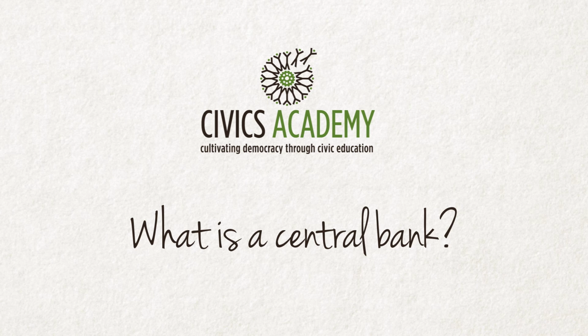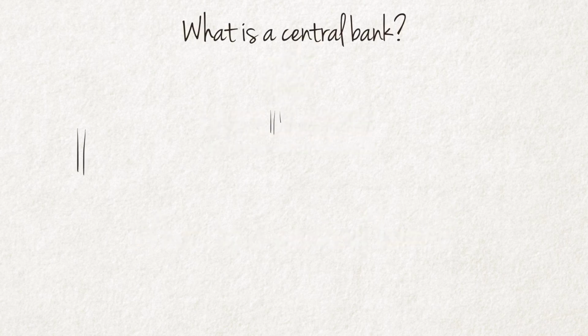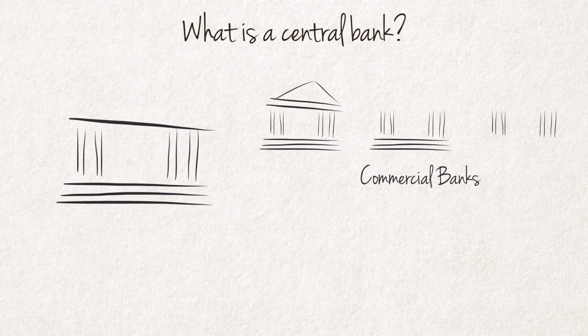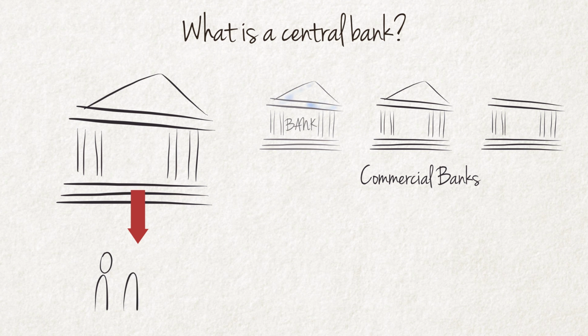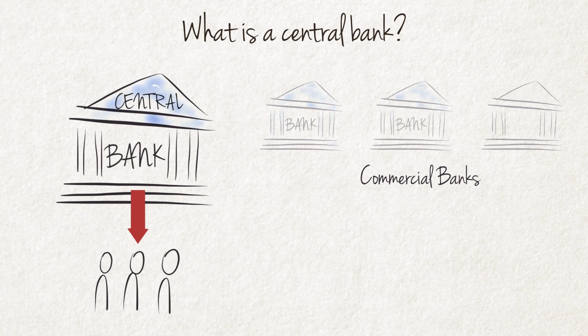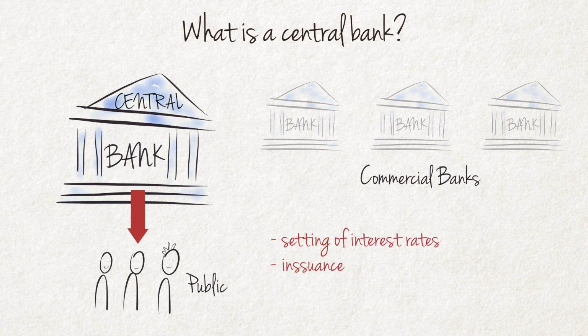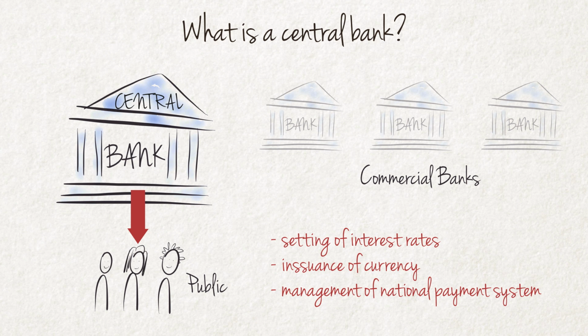What is a central bank? A central bank has unique powers that differentiate it from other commercial banks. Some of these powers, which influence the public in an immediate and direct way, include the setting of interest rates, the issuance of currency, and the management of the national payment system. No other bank in the country has such powers, which shows the special place of the central bank in the